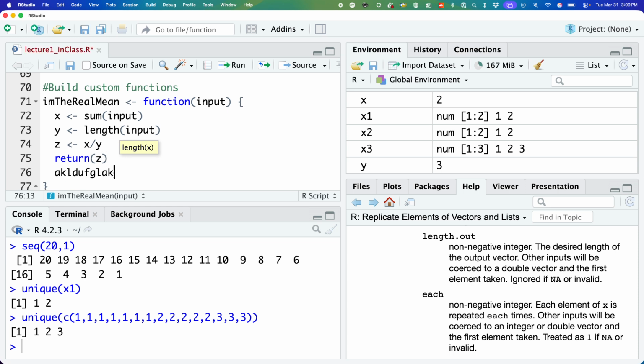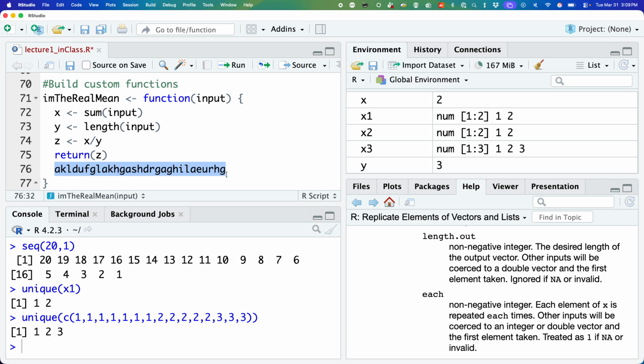I could put in whatever I wanted after it, but if I put in more operations after return, it's not going to see that. It's going to stop at the return, spit out the output, and end, right? And so return is usually at the end of your function. Okay,